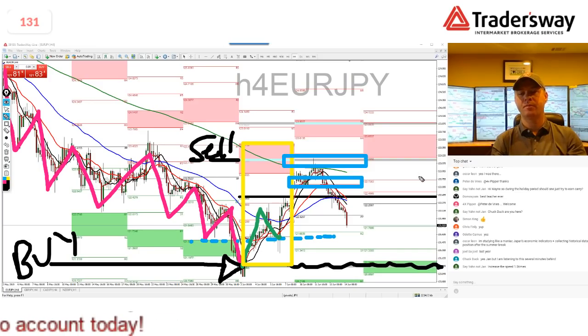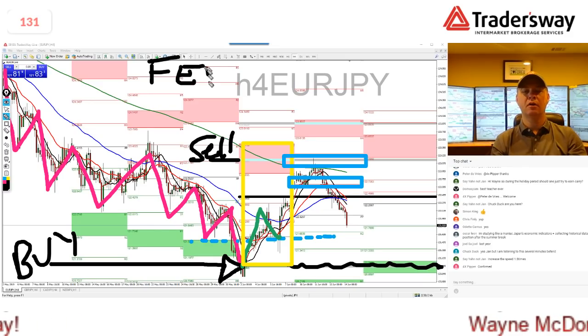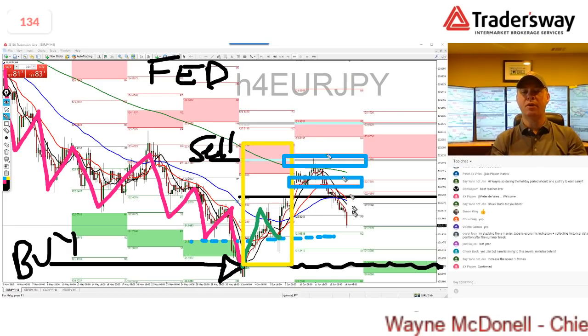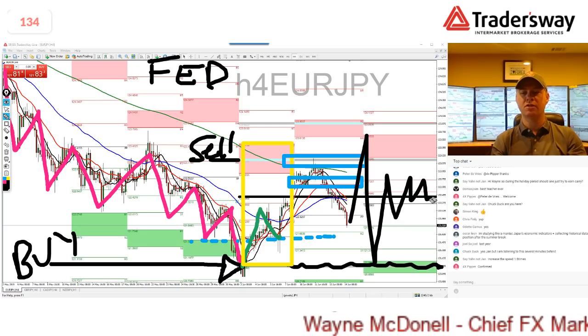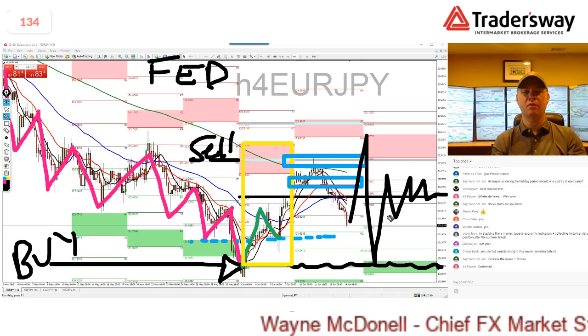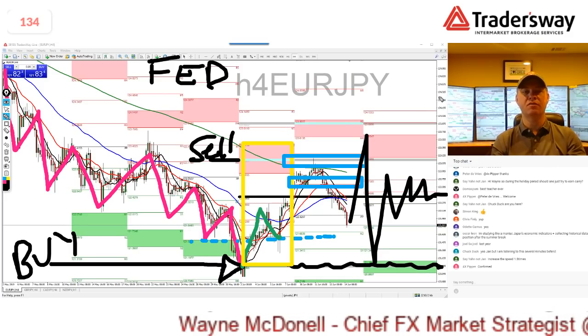Okay. So as we approach now the Fed meeting, depending on what the Fed says, because I don't think they're going to do anything, we'll probably get a move like this, like this, like this over the course of 2 weeks, and then it'll just be a really tight range. And you'll start to see inside weeks and inside months